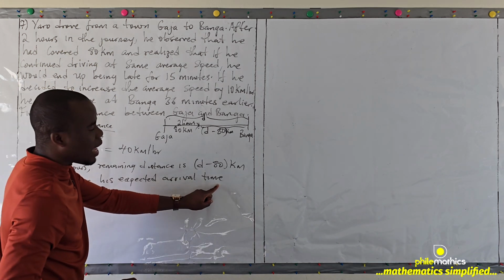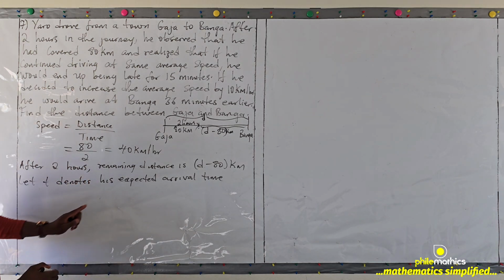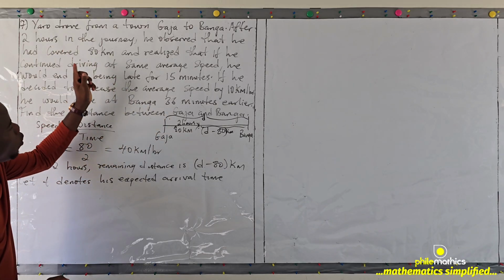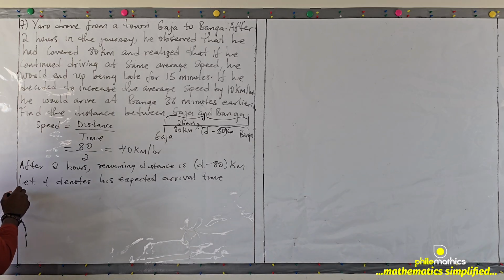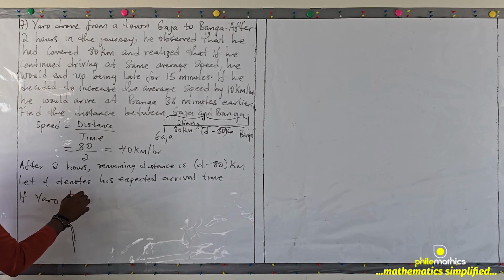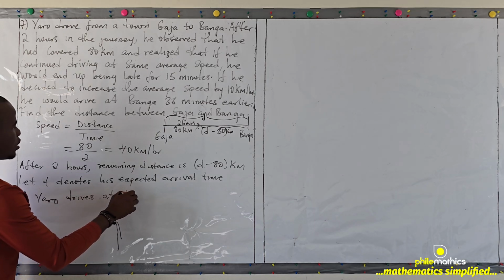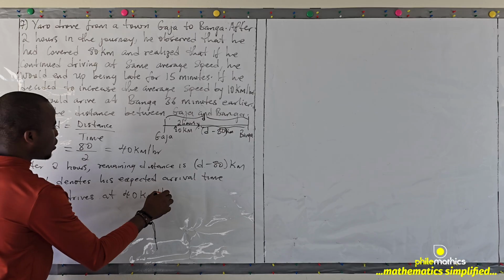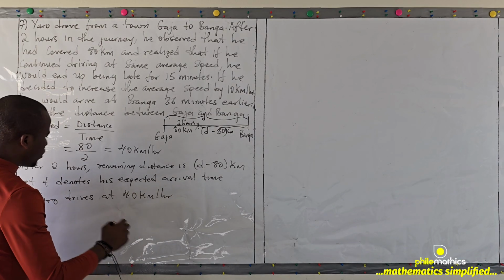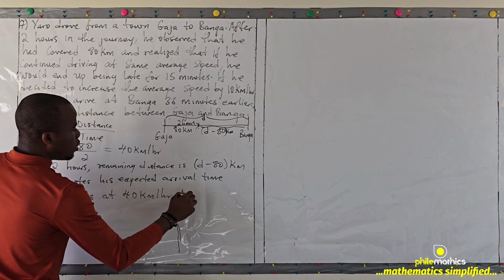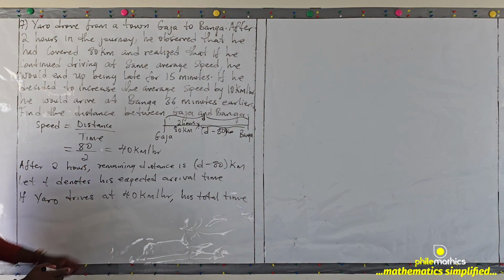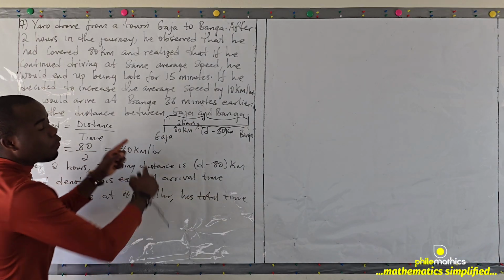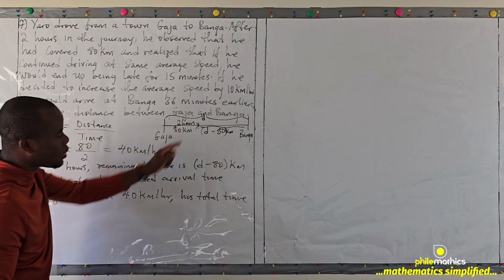If Yaro continued at this 40 kilometers per hour, the total time he will take for the whole distance will be this first 2 hours